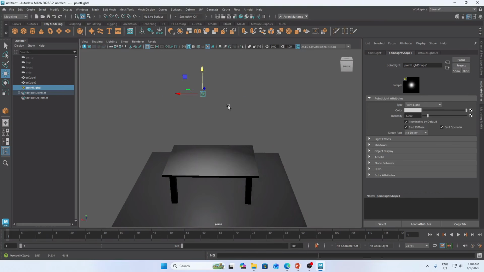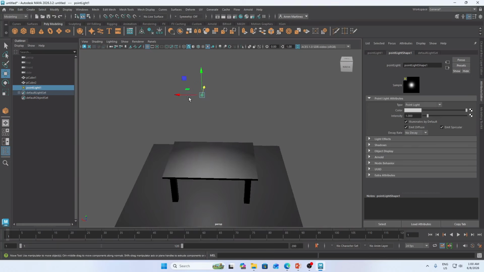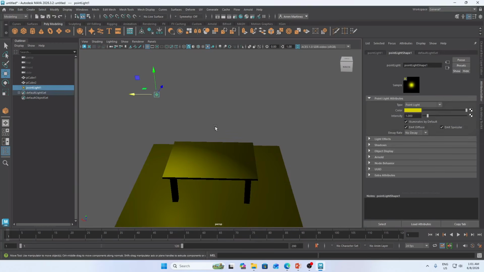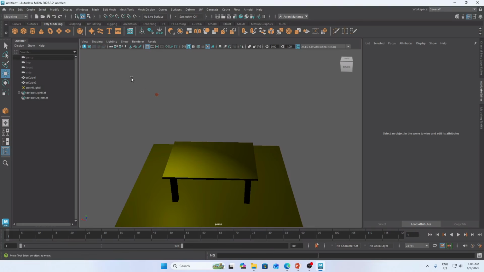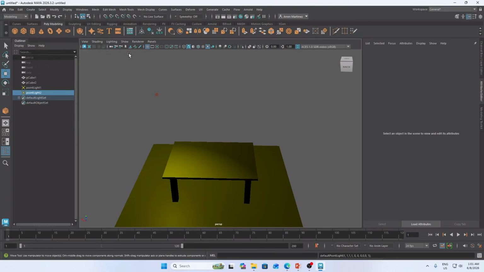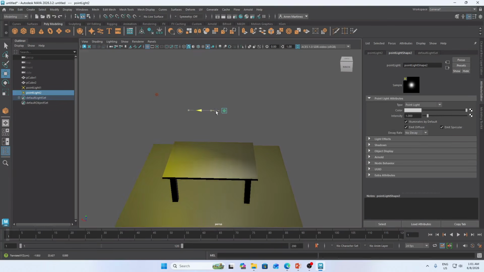We have placed a light. You can change the particular attributes, for example the color, so just click it. Then you can place different lights that you want. Just go back into create, lights, point light, and same procedure.